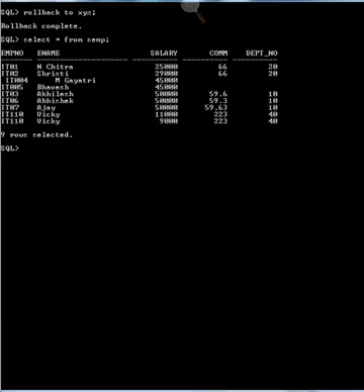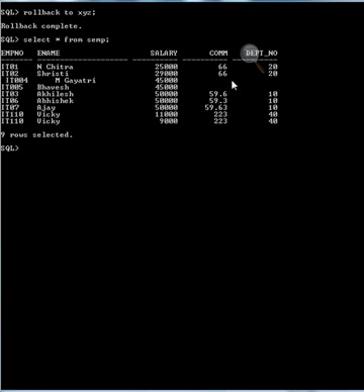Select star from ACMP. Here we can see that the last transaction after XYZ has been rolled back, while the update done before XYZ has not been rolled back.